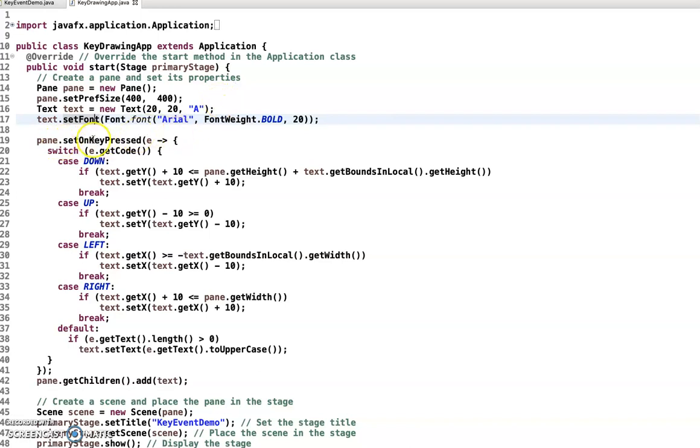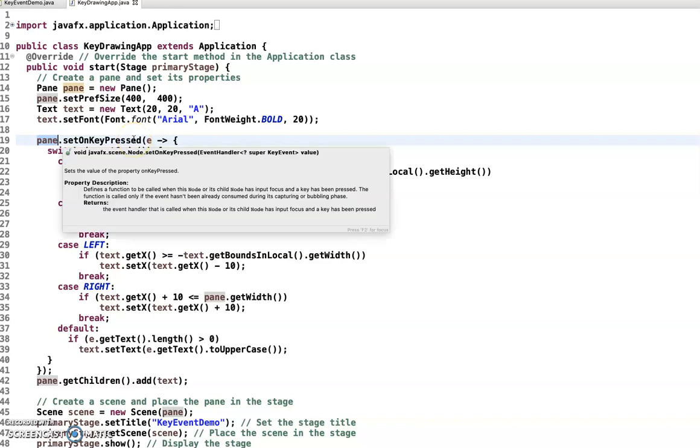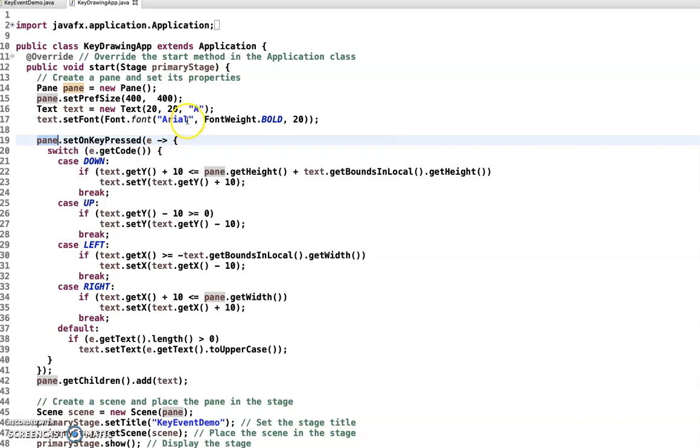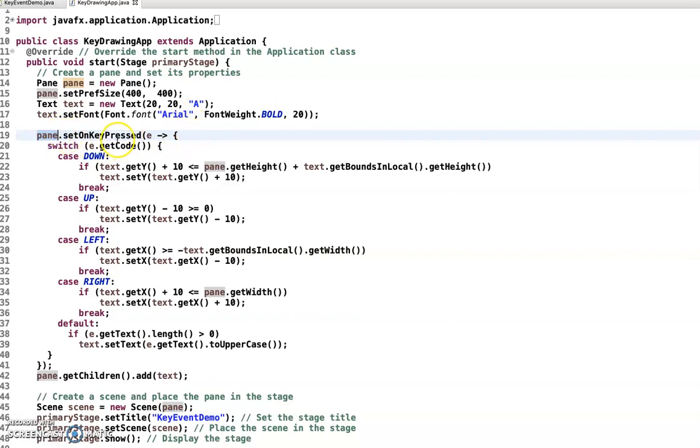Okay. Now another thing that I did was I said I don't like the idea of having the text field actually deal with the events. I want the pane itself to deal with keystrokes, because the pane could have multiple components in there, and then the pane can decide what to do with the keystroke based on its specifications. But it's whatever. It's the way I choose to program. This is the pane. I set the on key pressed event there. Pretty much the same thing, but this logic here